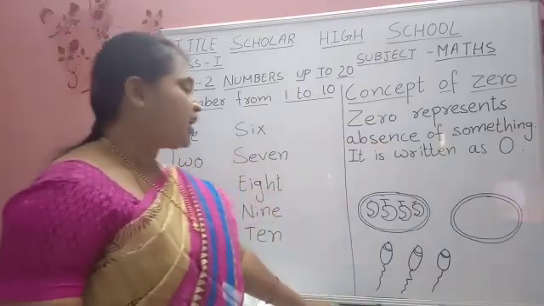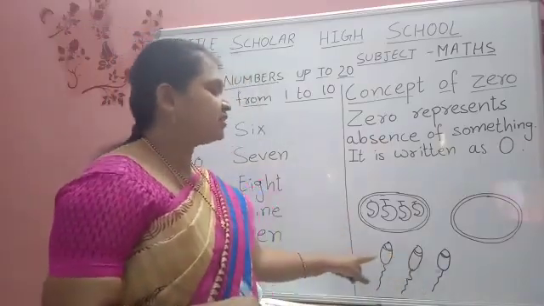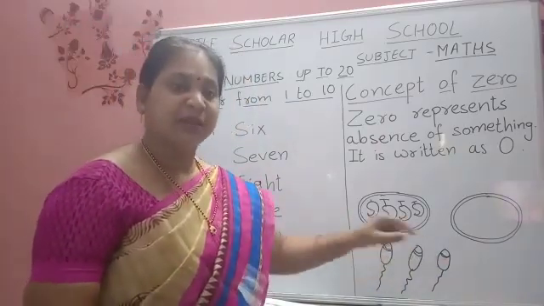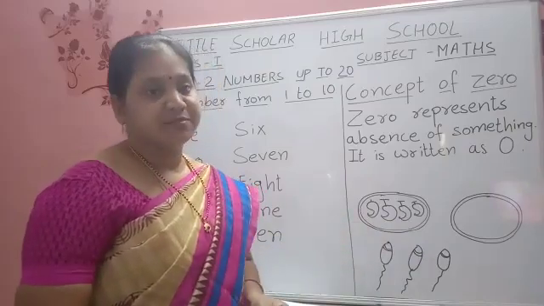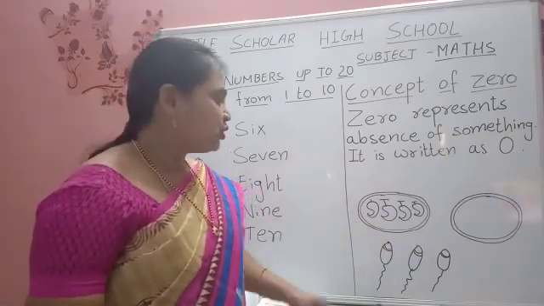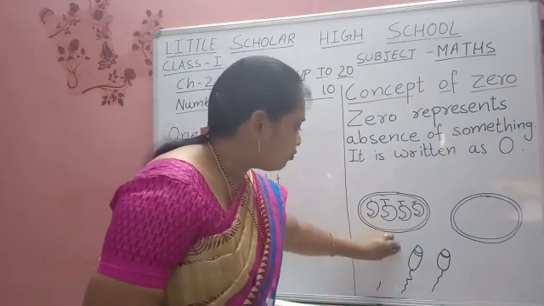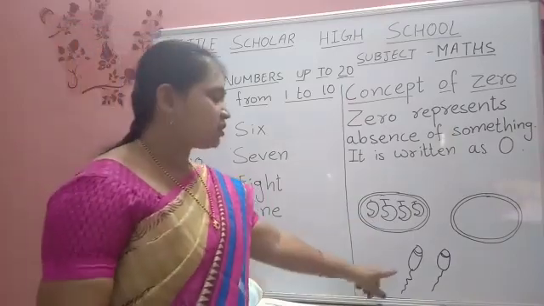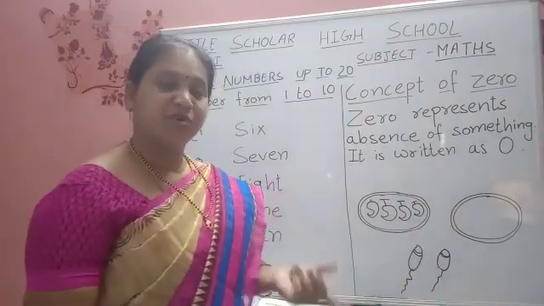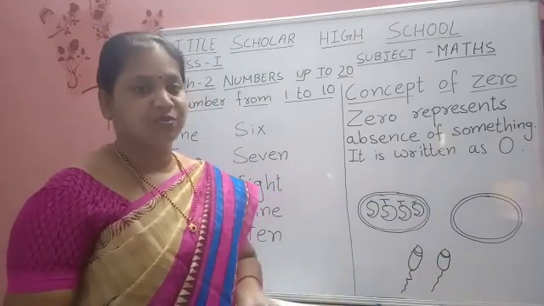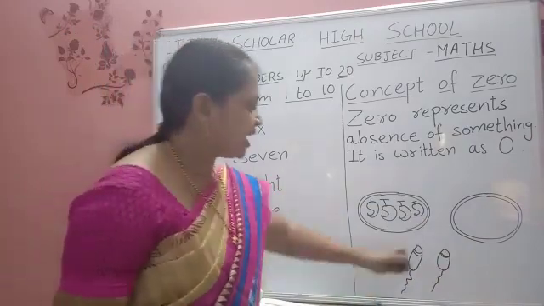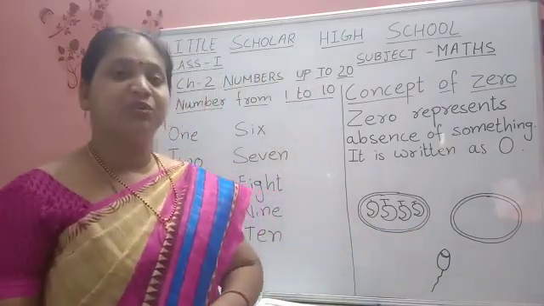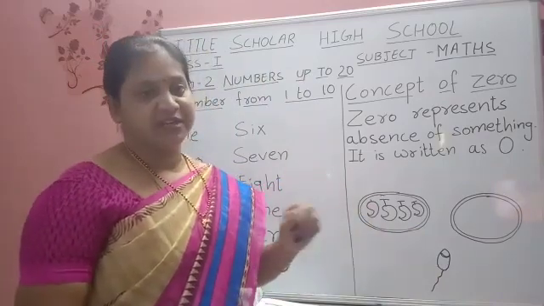Now see here. How many balloons can you see here? 3. Suppose you have these 3 balloons. One of your friends came and asked you to give her 1 balloon. Yes, you gave her 1 balloon. Now how many balloons are left with you? Count. 1 and 2. Now one more friend is coming and asking, please give me 1 balloon. I want to play. So you gave that second balloon also to your friend. Now how many balloons are left with you? See, only 1.